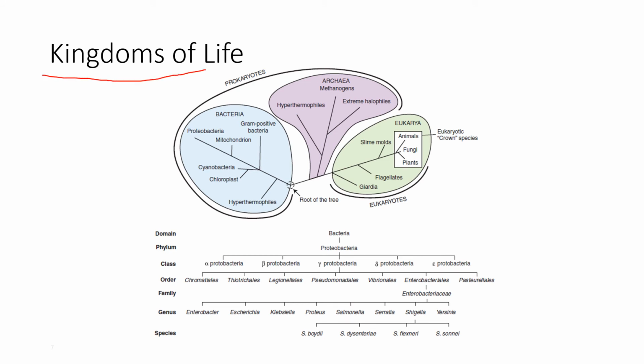Kingdoms of life. You have here your eukarya. These are things that have a nucleus, they have organelles. Starts with things like protozoans, Giardia is an example. Other protozoans, flagellates, slime molds, which are pretty cool. Then it goes to animals, fungi, plants, but these are all in the domain eukarya. Now we've got the archaea, and then we've got the bacteria. Let me go to the next slide.